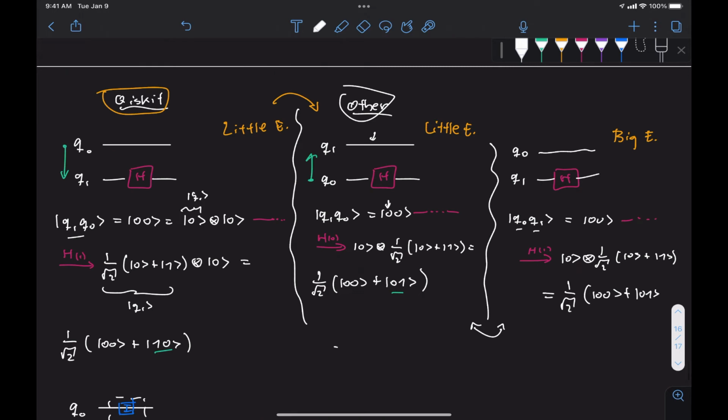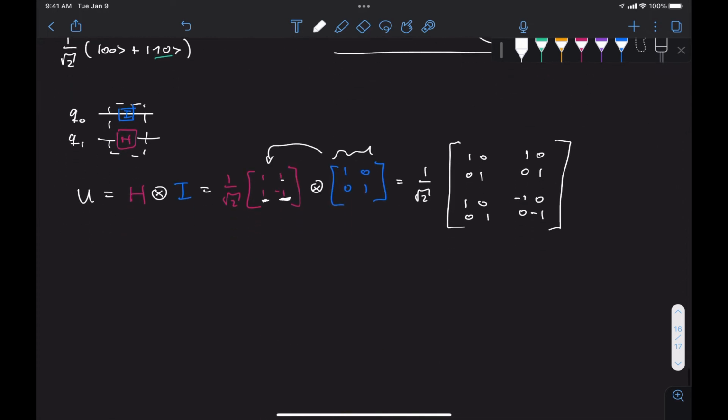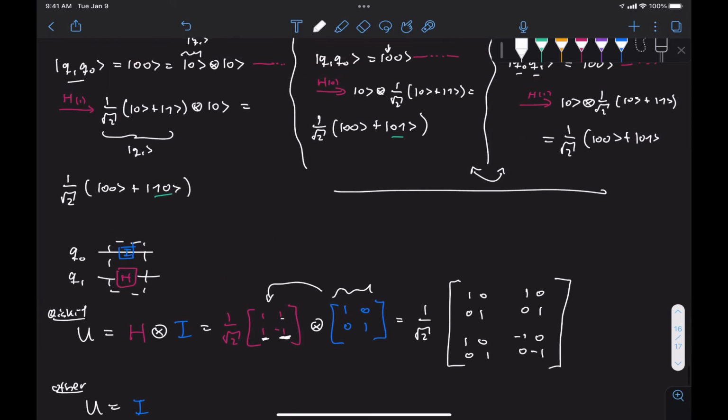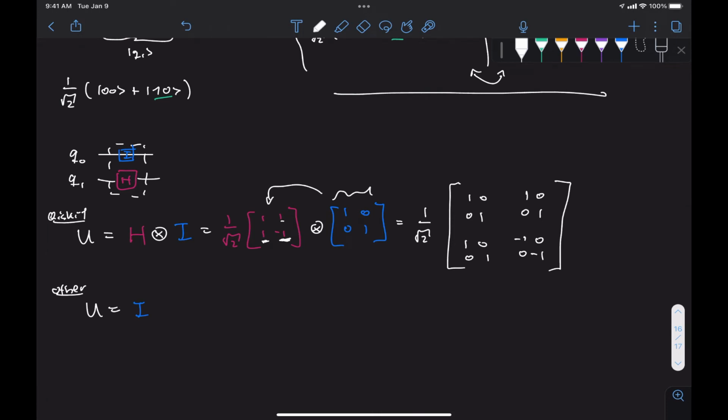notations, right? So the other one that we specify here, in both of those cases, the way we find that unitary, so this is Qiskit, and this is every other reference out there. In that case, the way we find unitaries is we would start with the one being applied to qubit 1 again on the left side, tensored with the Hadamard gate, right? And I'm not gonna do the exercise, you can do it, but you'll see that you get a completely different